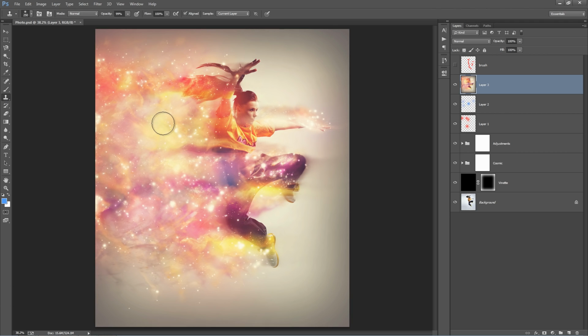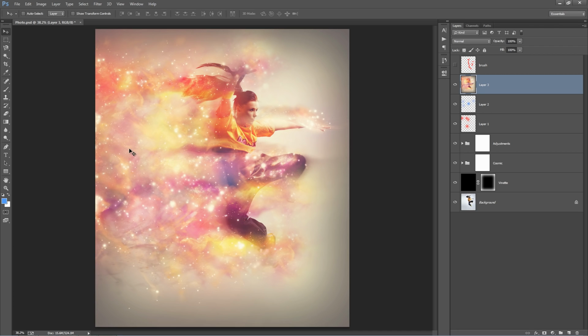I'll use my square brackets to get a bigger brush. If I hold down Alt now, I can sample an area of this layer, and now I can brush it on into other areas, just like that. I'll sample there, I could brush on there. So you can add little bits of detail where you want. We can just sample areas from that